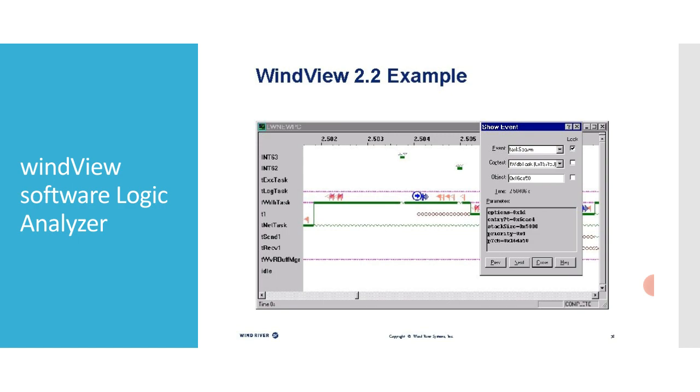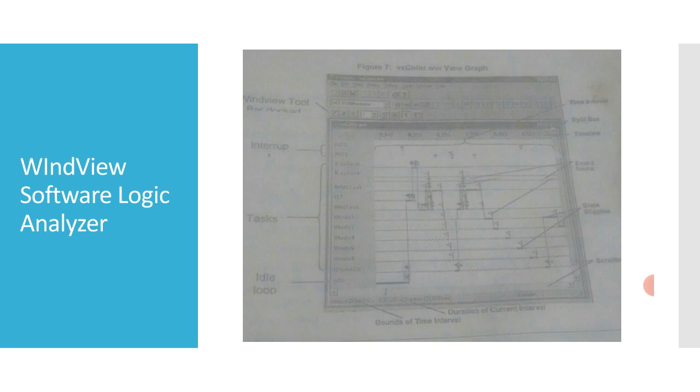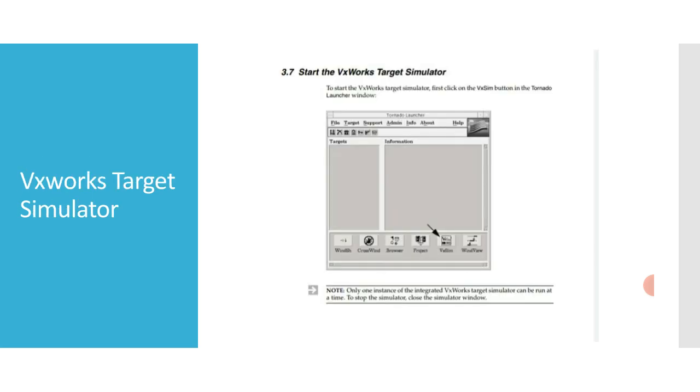Next is the simulator. We'll talk about VxSim, and this is how we get into VxSim. It is a program that simulates a VxWorks target for use as a prototyping and testing environment. The integrated version of the simulator allows a single simulator to be run. The VxSim optional product adds networking facilities, allowing the simulator to obtain an internet address and communicate with the host or other nodes on the network using the VxWorks networking tools.